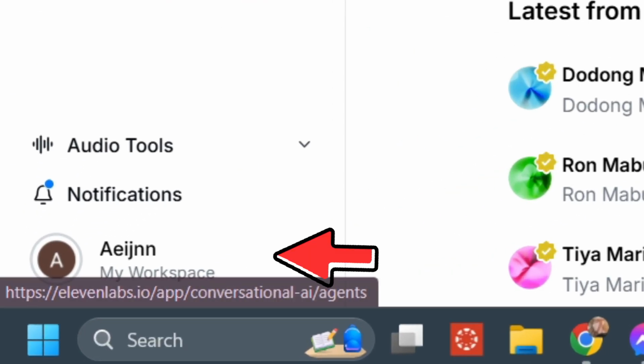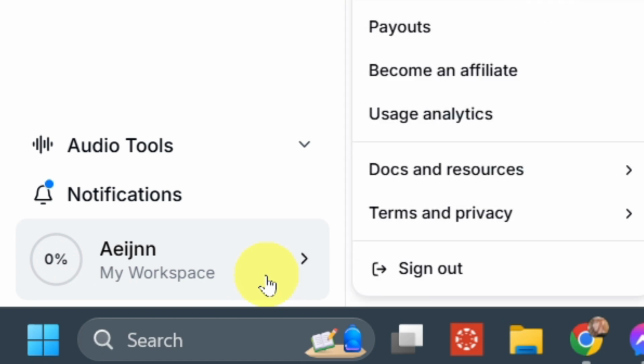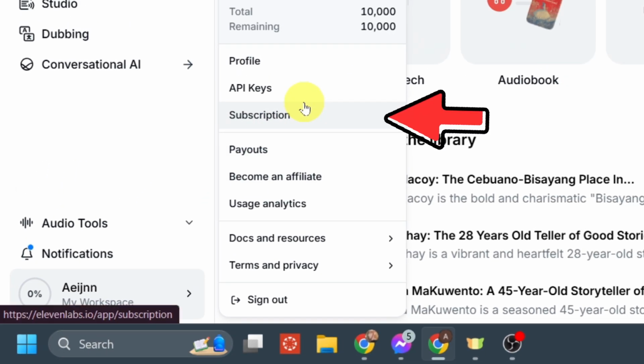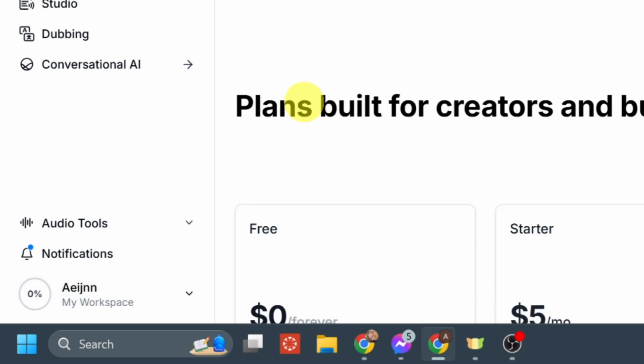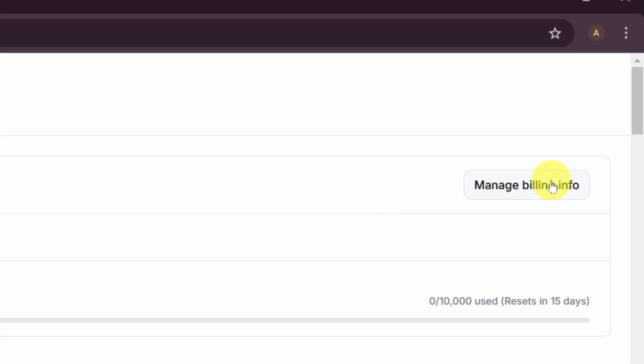And then after that, click your profile at the bottom part and then click on subscription. And then click on the manage billing info. And then here you will be able to see the